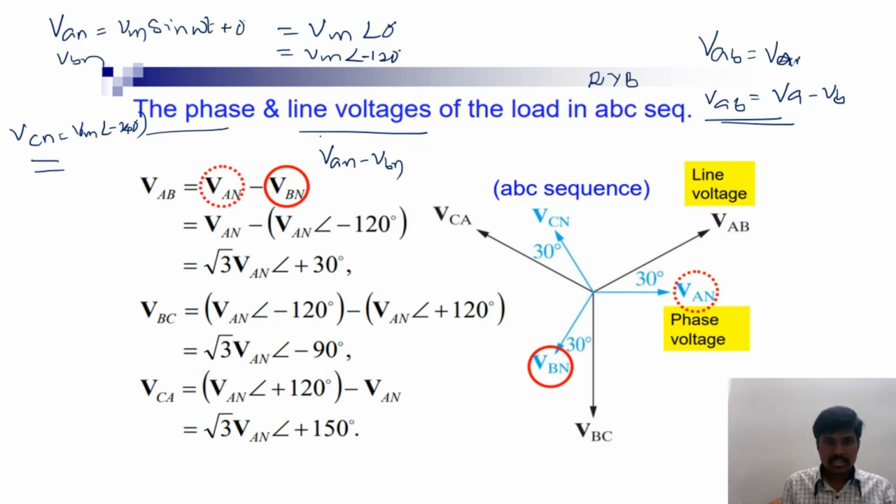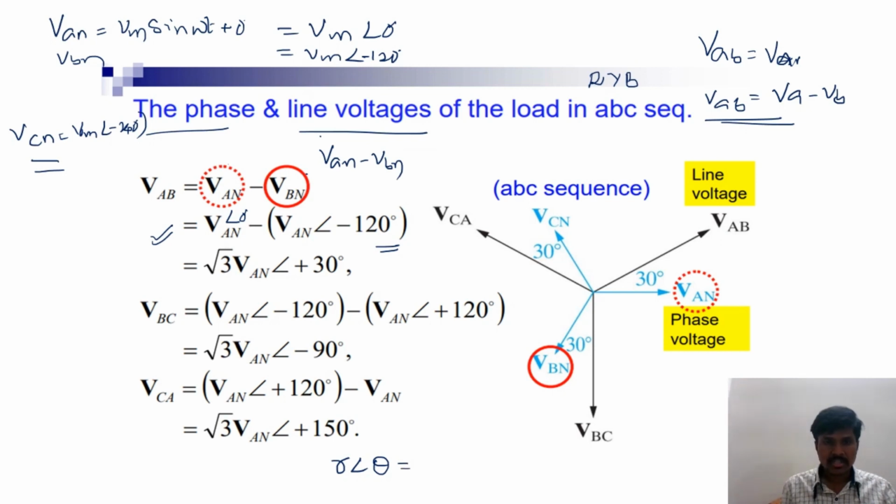Now here, VAN minus VBN. You can write this as Vm at an angle 0 minus Vm at an angle minus 120. If you solve this one, you are going to get the result. How to solve: in the mathematical expression, r at an angle theta is equal to